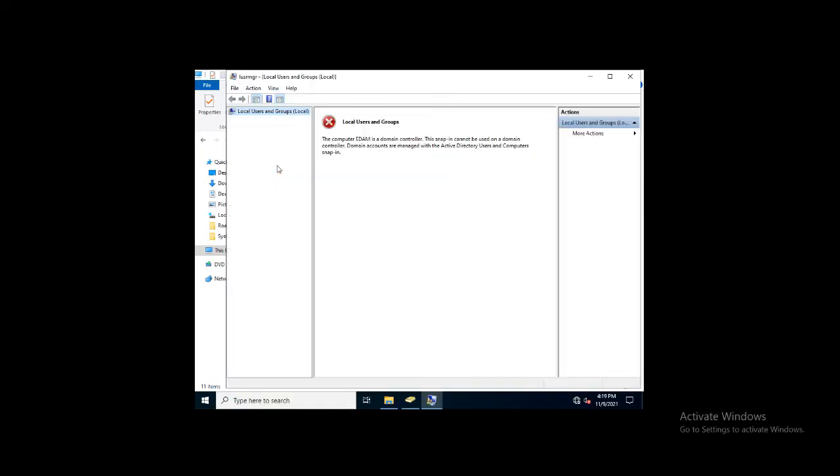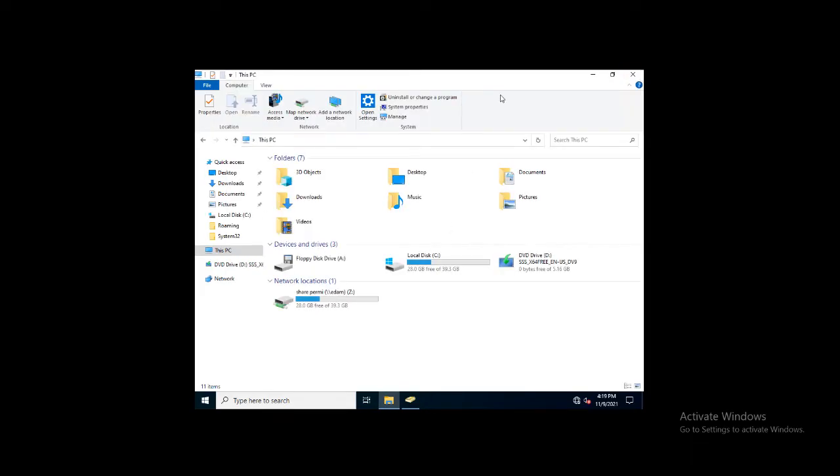When you type this command, it will show all the local users present on this machine. Just because this is a domain computer, it is not showing it here. You can type it on your computer and see. So that is a local user.